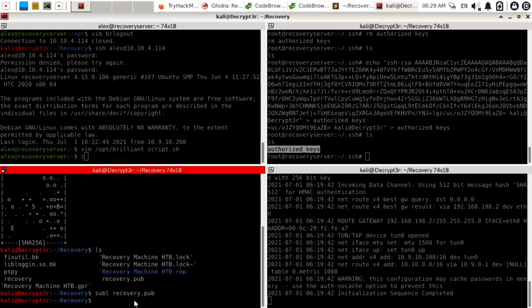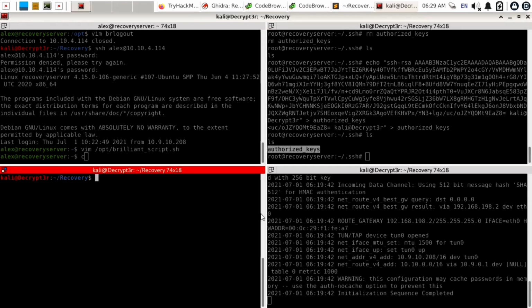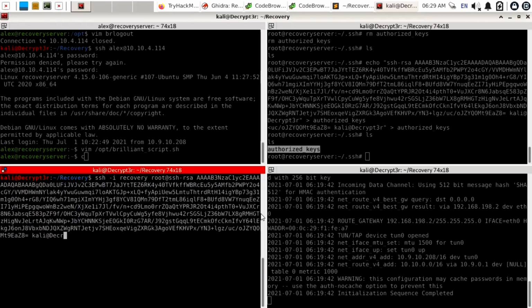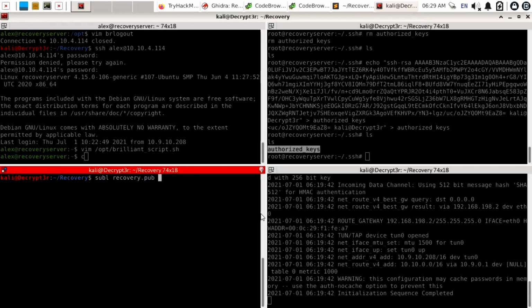Let's try to take SSH access of the root user by using the command ssh -i, then specify our recovery file, so use recovery, then the username root@ and paste the IP here. Sorry, I mistakenly pasted the key here.